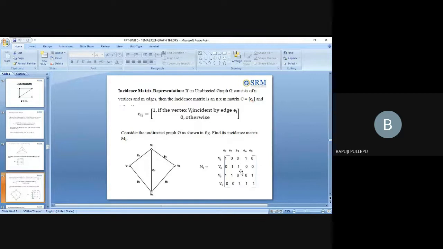Sir, for this instance, if adjacency matrix, what will you do? V1, V2, V3, V4. Here also V1, V2, V3, V4. Now we can tell the first row: V1 to V1 is 0. Then V1 to V2 is 0. Then 0, 0. Then V1 to V3 is there, so here 1. V1 to V4, so 0, 0, 1, 1 you will get. Am I correct? I am asking adjacency matrix. Incidence matrix means vertex to edges.